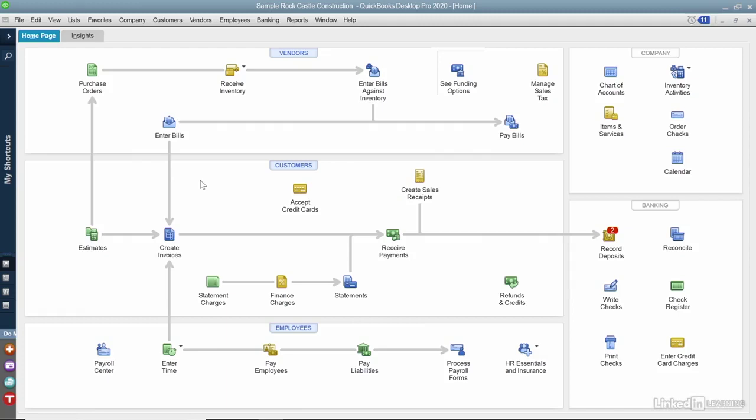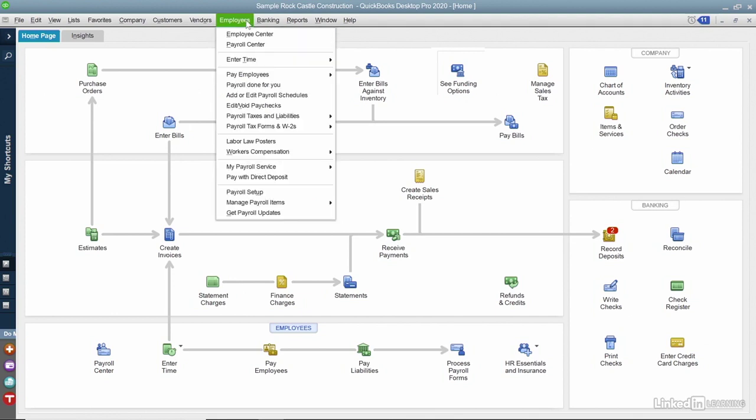We're finally ready to run payroll and pay our employees. I'm not really paying anybody in this because I'm still in the sample product-based company. But to start to pay our employees from the screen, click Employees, hover your mouse over Pay Employees, and then